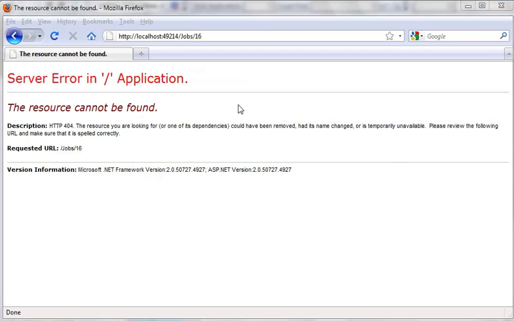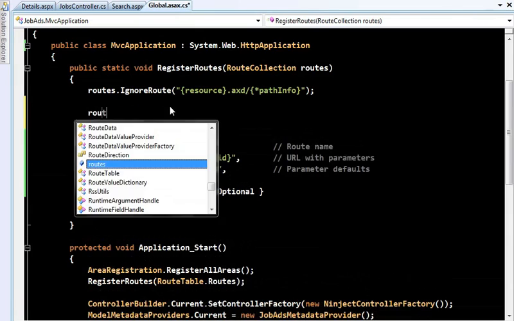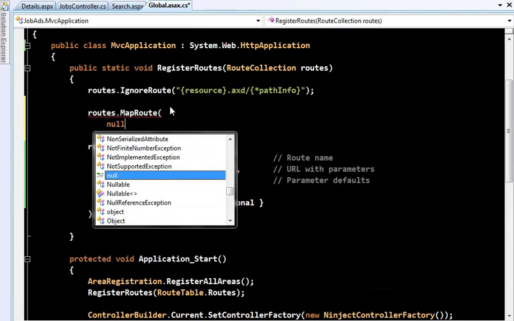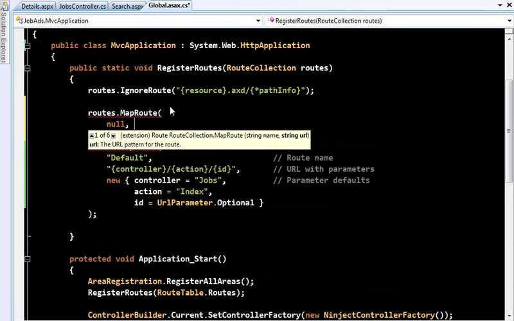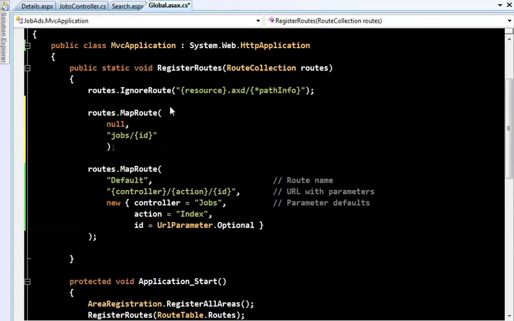We can make this work by editing the routing configuration. I'll create a new entry, and you can give names to routes, but also you don't have to, and I usually don't want to, so I'm just going to pass null for the name right now, and we'll talk a bit more about named routes later. Next I specify a URL pattern to match, and I'm going to match URLs of the form jobs/{id}, and if I wanted I could just stop there because that's a valid routing entry.